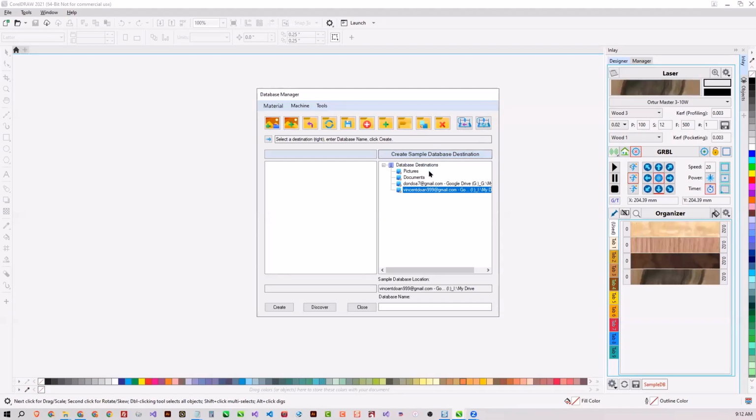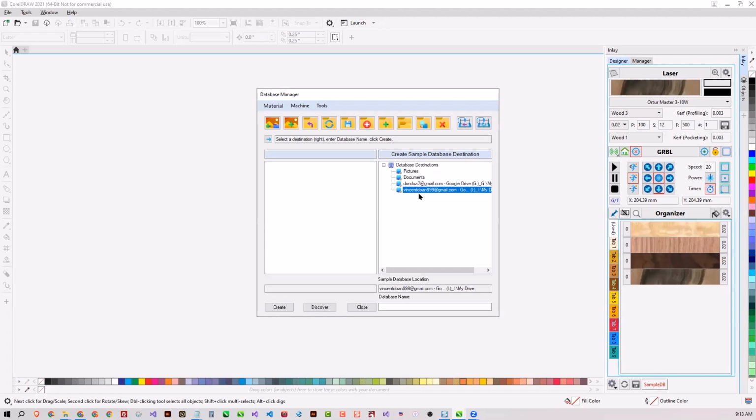And in this case, it picked a couple of places where you can create the sample database, whether it's the picture folder, the document folder, or some Google Drive folder. I have 2 Google Drives here. I can do that as well. It's good to have some storage on the cloud so that later on, if you have 2 computers, you can share the same database and synchronize them. And Image Paint does a pretty good job of managing database sharing across computers. But we will talk about that in a later session.